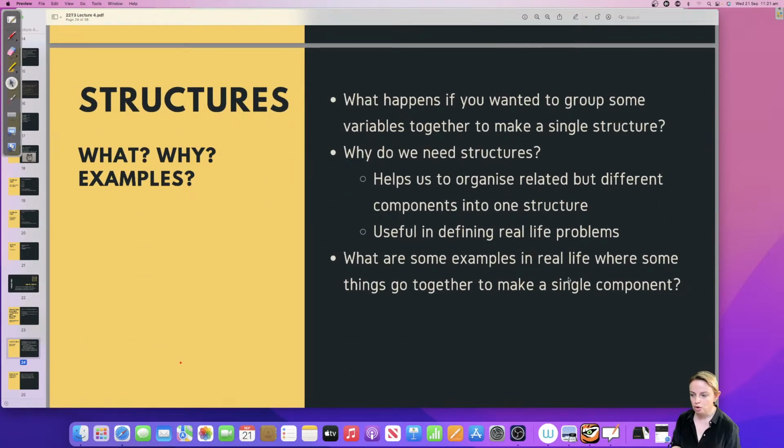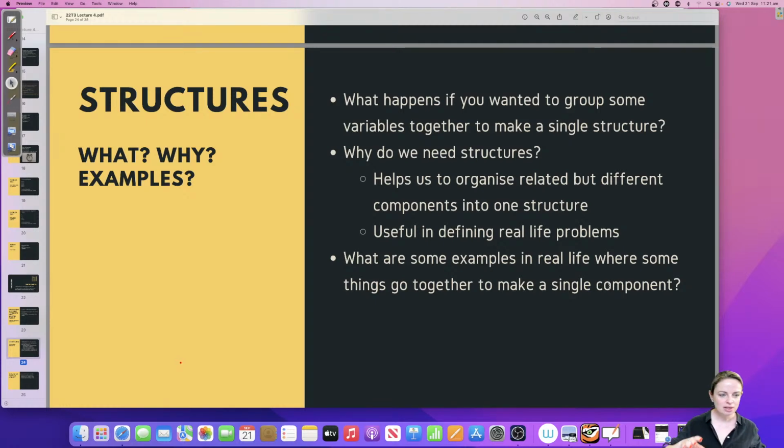It's a data type. I'm sorry, I keep saying data structure because I keep thinking structure. A structure is a bigger thing that can hold things in it, and we will learn about data structures in week 3, 4, one of those weeks. So this is a data type, but it's called a structure, a struct. That's why I keep saying structures.